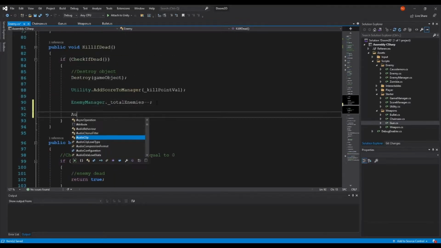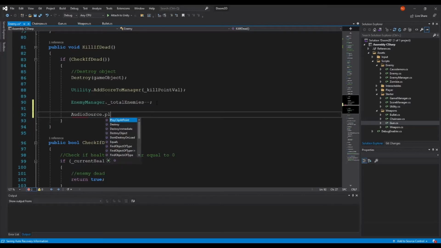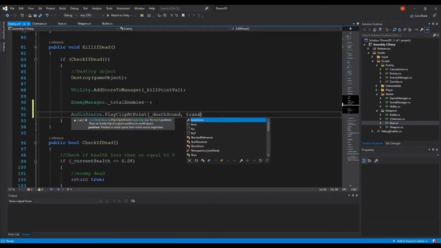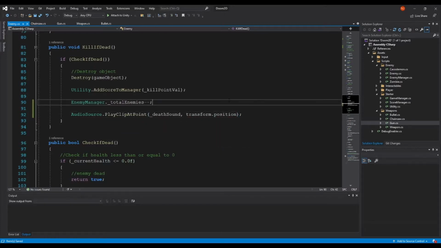And then it'll just be AudioSource.PlayClipAtPoint(deathSound, transform.position). And that'll be it. Now our enemies will play sounds upon their death,